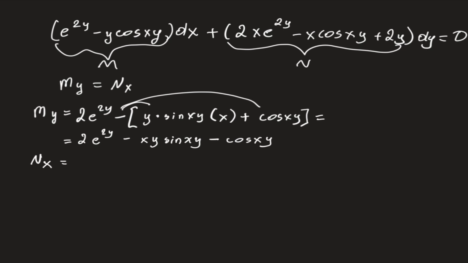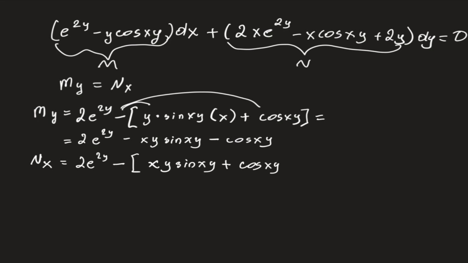So keep in mind y is now constant, so e to the 2y is going to come along, and the derivative of 2x is just 2, minus, and we have product rule again, we have first, which is x, times the derivative of cosine xy with respect to x, which is sine xy times y, which I'll just put here, plus second times the derivative of the first, so it's cosine xy, and the derivative of x with respect to x is just 1,